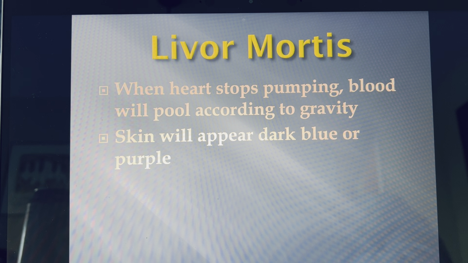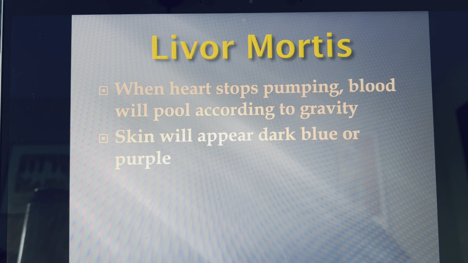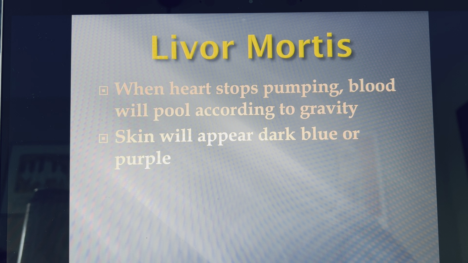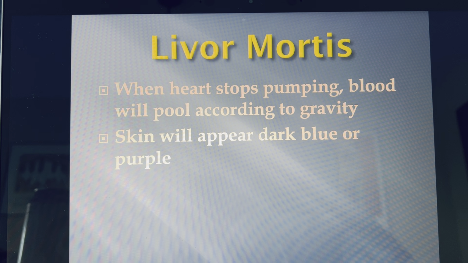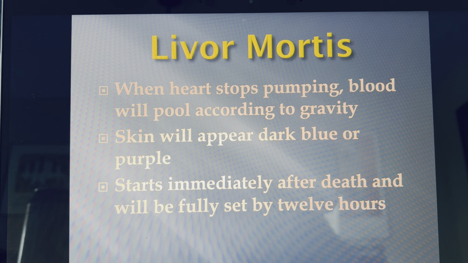So when we see Algor, it tends to basically darken the skin. It's easier to see on people who are light-skinned, but you can see it on people who are dark-skinned as well, simply because there's a differential tone between where Algor is and where it isn't. So wherever Algor Mortis has settled or begun, the skin is going to look darker, and you'll see some examples in the PowerPoint. On light-skinned people, it can actually look like a bruise. It can look dark blue or purple,